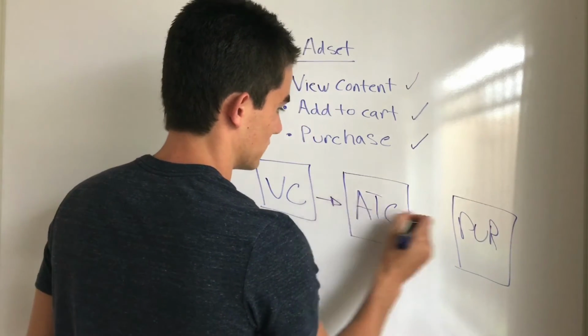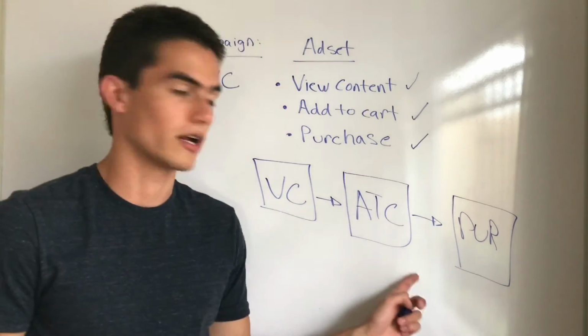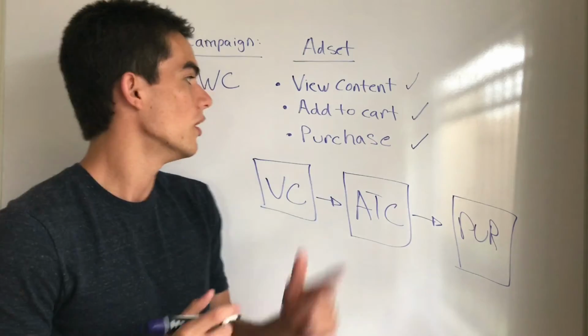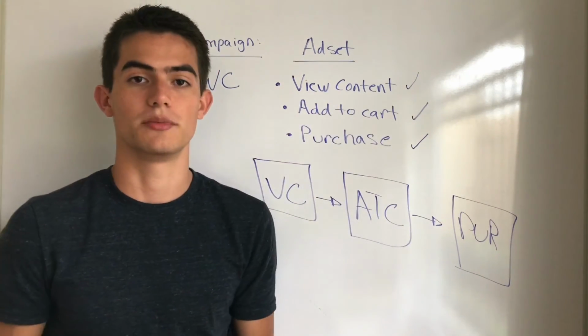So this is what happens. First a view content happens, then an add to cart happens, and then a purchase happens. So which one should you be using? Let's talk about that. Now that you know what they're about, which one should you be using to run your